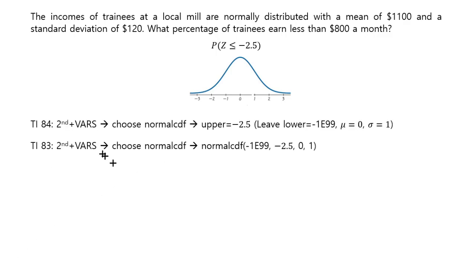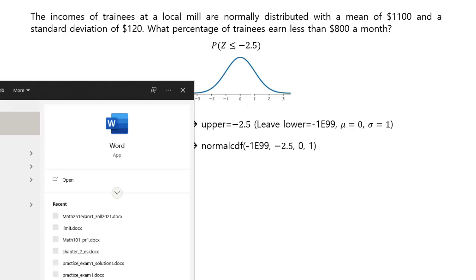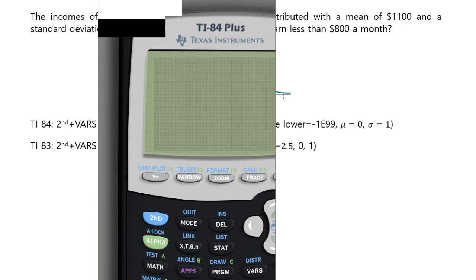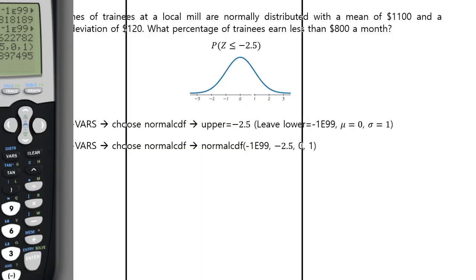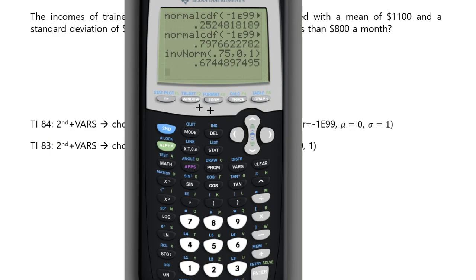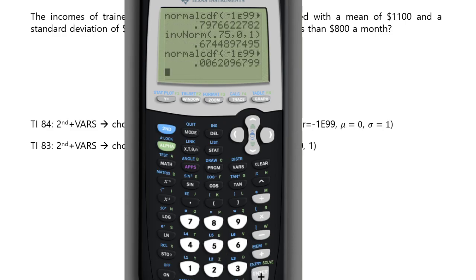Okay, so we are going to use the calculator. Let's see. Here's the calculator, and I have to do second vars norm CDF. And you don't touch anything, just put the upper as negative 2.5, enter, and you get